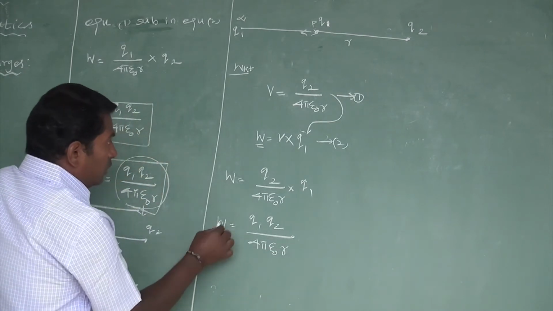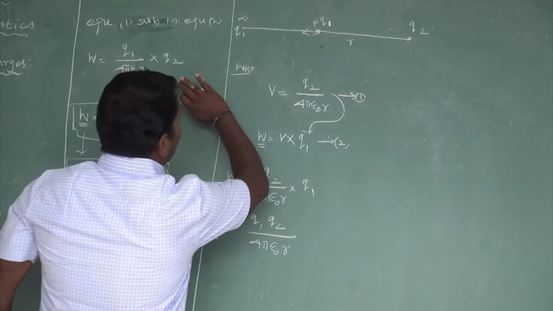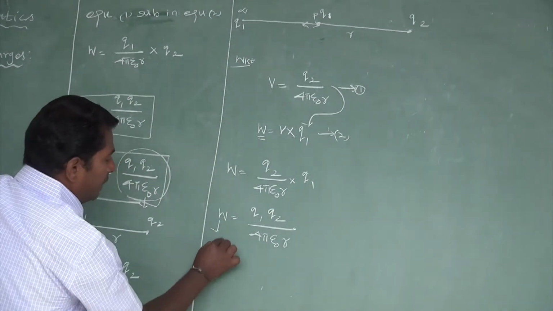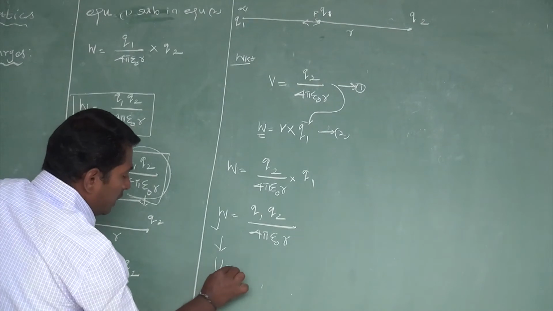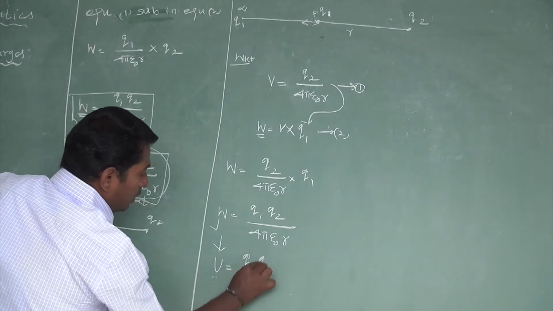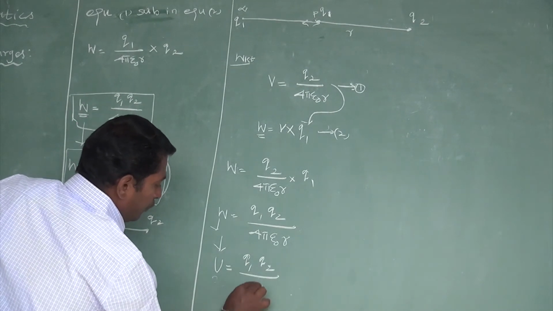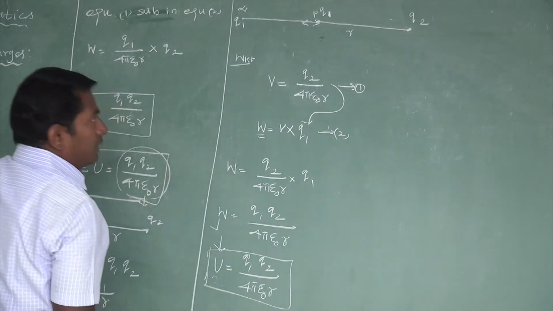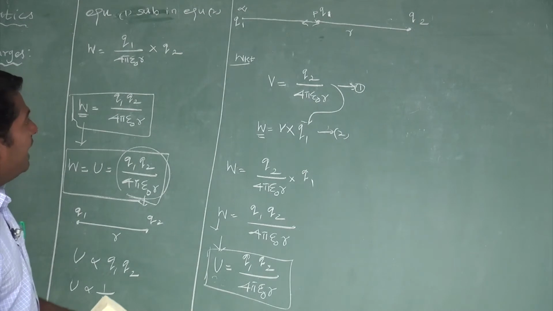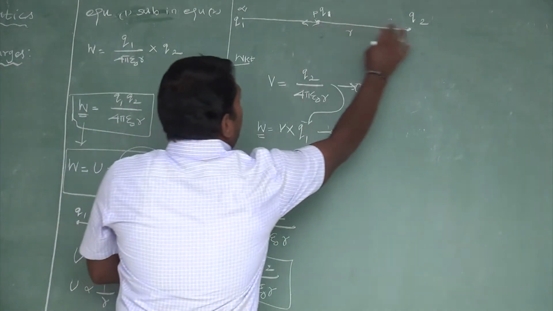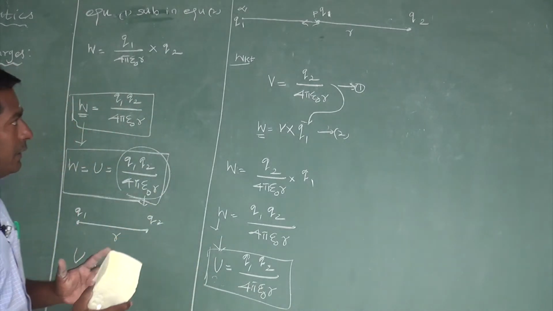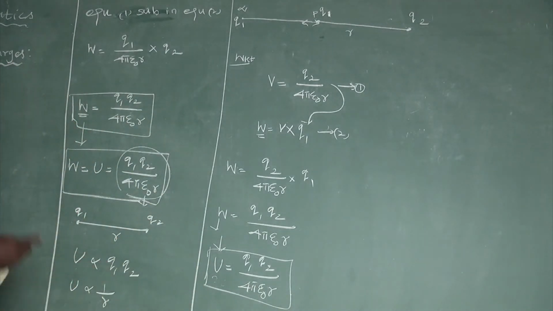Then the total amount of work done in moving the Q1 charge from infinity to that point is stored as electrostatic potential energy between the two point charges, U, which is equal to Q1 Q2 divided by 4 pi epsilon naught r. It is a very, very important expression. So anyhow, the electrostatic potential energy between two point charges at a particular distance r can be calculated, either with any one charge at rest position.